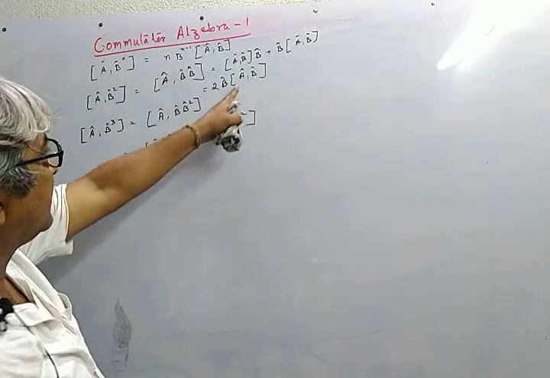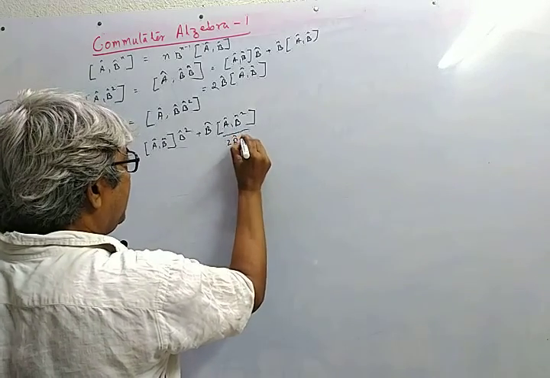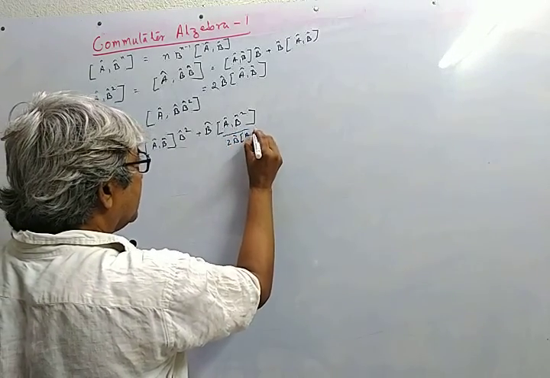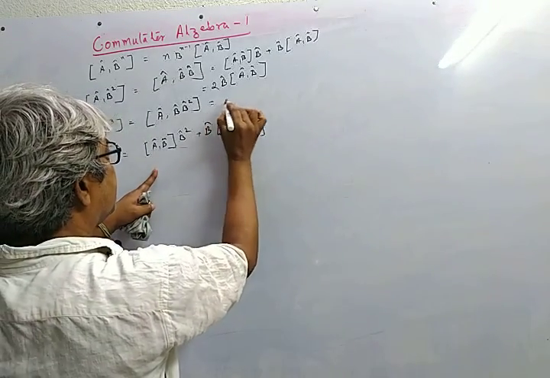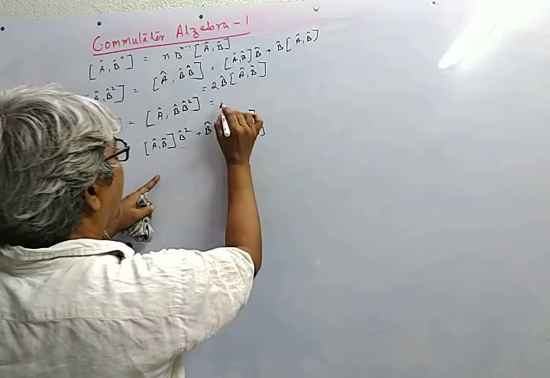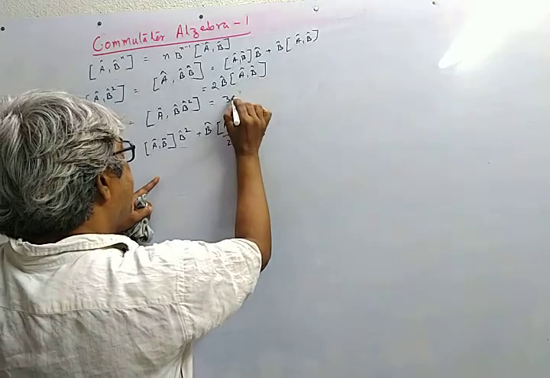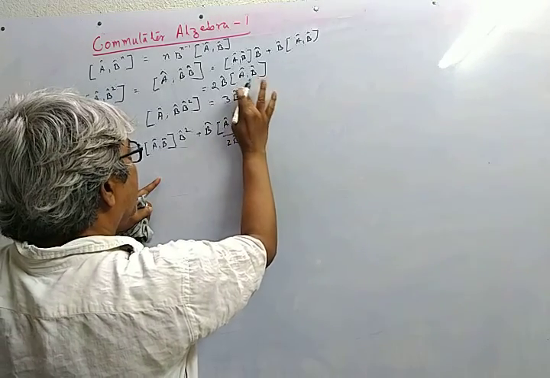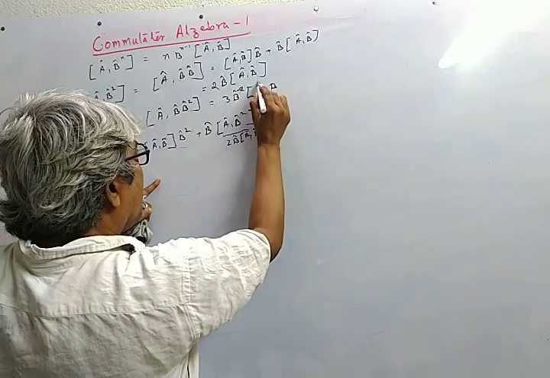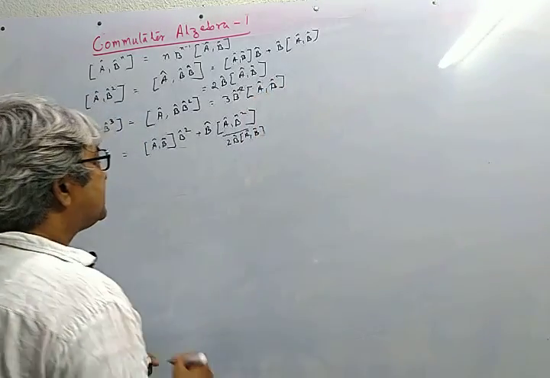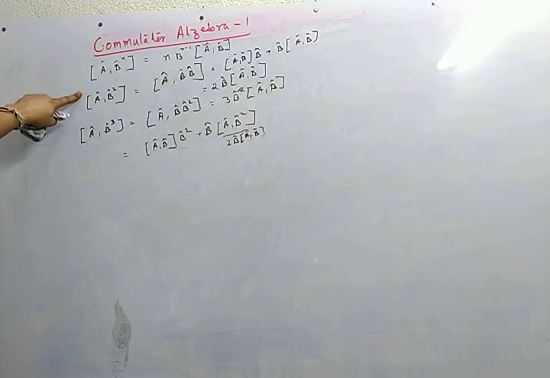This we have just evaluated as 2B times the AB commutator. So if we add these three terms, we find that this is 3 B operator squared times the AB commutator. So we see that this relation is valid for obviously n equal to 1,